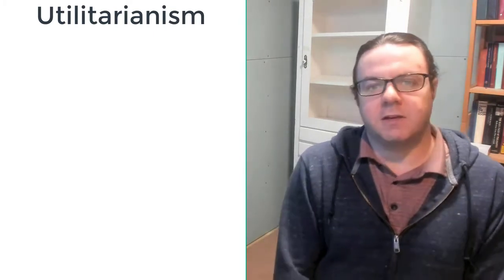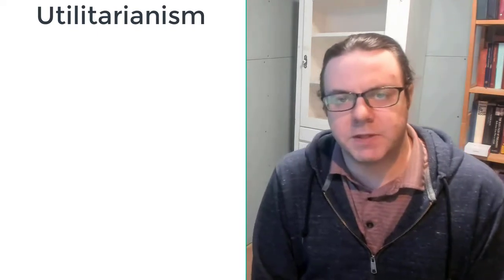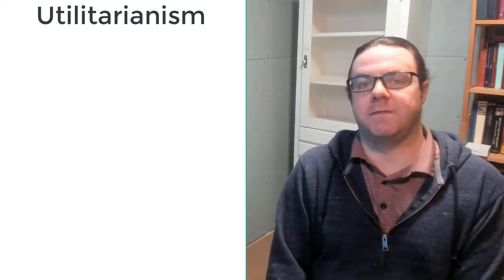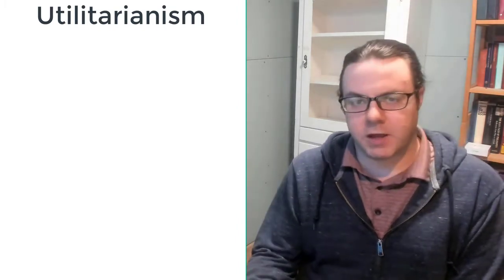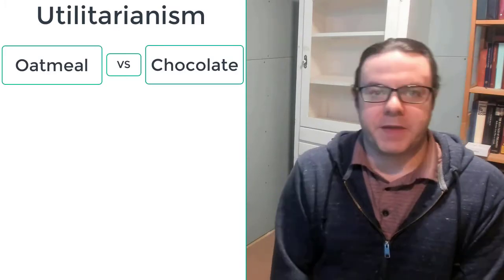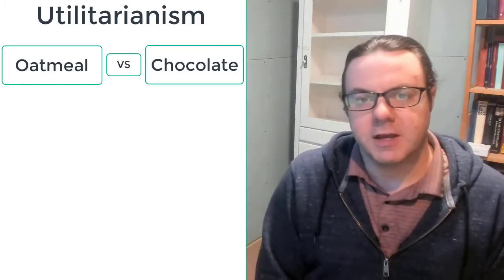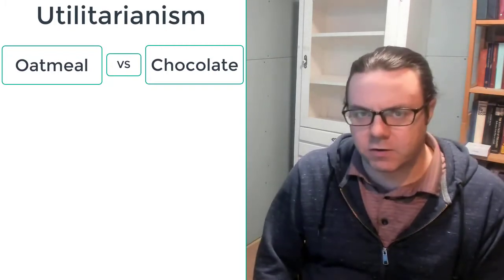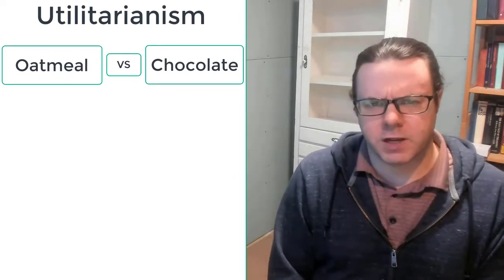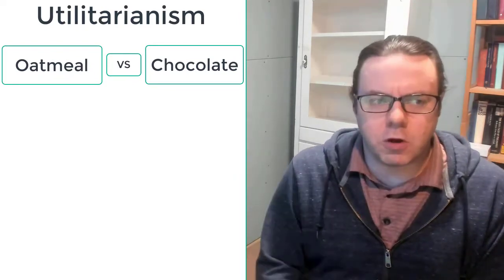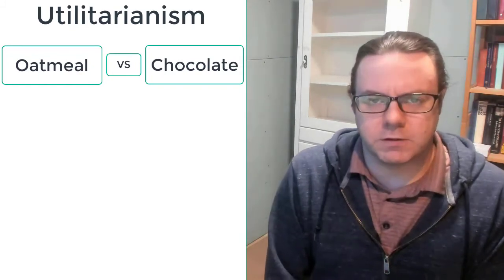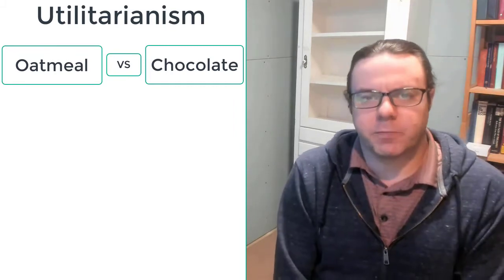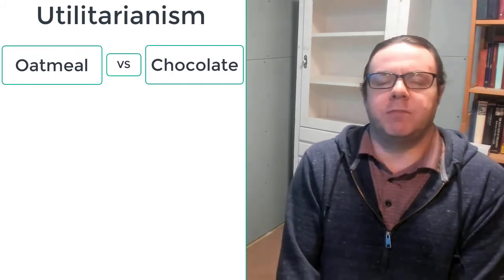The utilitarians are quick to point out that we do this in our everyday life. You must be making decisions along lines something like this. When you decide what to eat for breakfast, for example, you have some oatmeal or you have a bowl of chocolate, and you add up how many hedons is it likely to cause if I eat the chocolate versus the oatmeal. Now, it's not just short-term pleasure that matters, otherwise you'd have a strange, unwise calculus, right? You consider the long-term effects of what you're going to decide as well. So if I decide to eat a bowl of chocolate for breakfast in the morning, that might bring me more pleasure than eating oatmeal